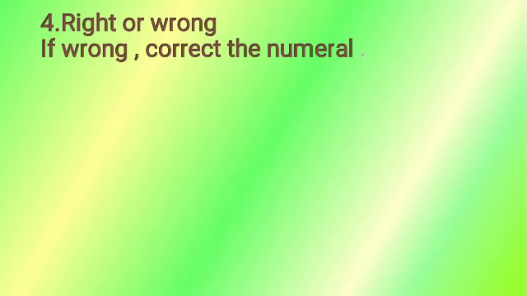Right or wrong? If wrong, you have to write the correct numerals. Now below, the question is given. Suppose this is a question, you have to say whether it is right or wrong. If it is right, leave it, but if it is wrong, you have to write it in the correct way. The first question is given as 4 equals I. So is the answer right or wrong? Yes, this is the wrong answer. What is the correct answer? IV. 4, and in Roman we have to write IV.